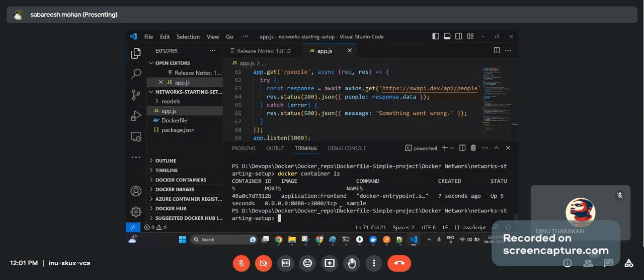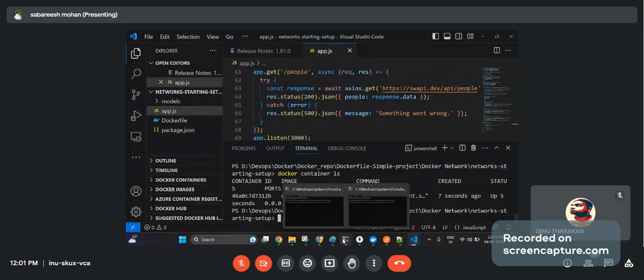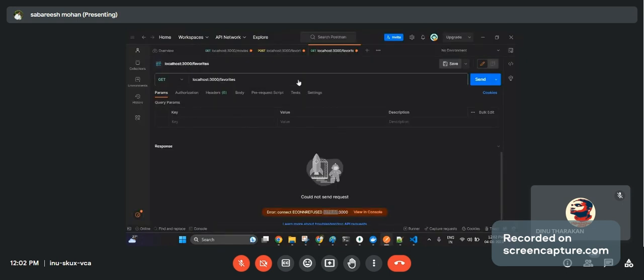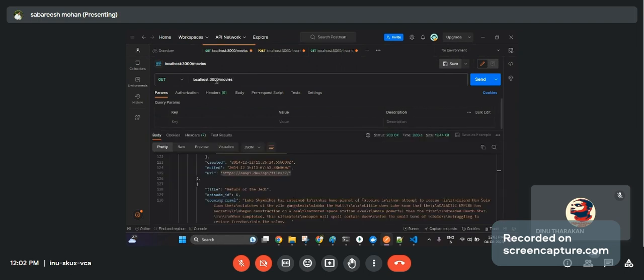So you can see the container is running now. That means my Node.js front end part is running. Now how can we confirm whether the container running on my host, let's consider an EC2 instance or ECS, can go and talk to an API outside in the world? Again we go to Postman. Here we use localhost:3000/movies.